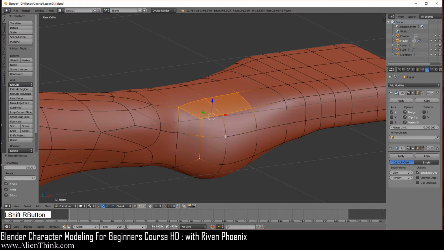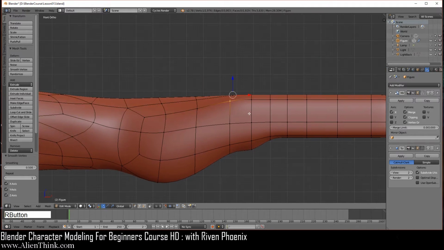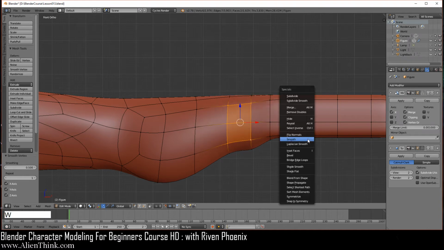Next, shift key down, deselect this one and deselect this one. Next, you're going to select this vertex, this one, this one, this one, this one, and this one. We're going to smooth this 3 times. W smooth 1, 2, and then 3. Okay. Now we'll go to the front view and we're going to go ahead and select this vertex, shift key down, this. Just do W smooth 1, 2, 3.